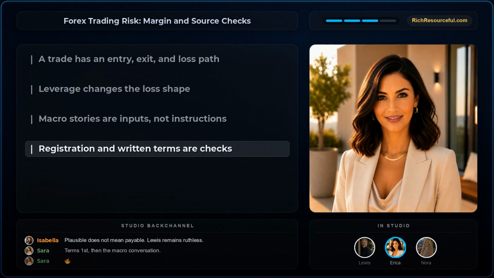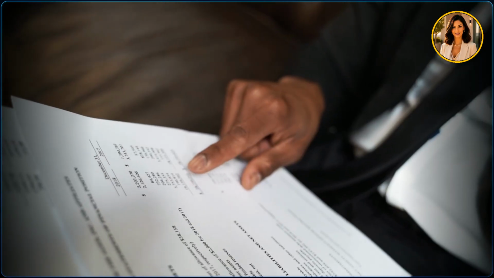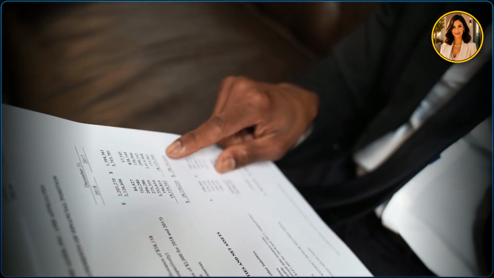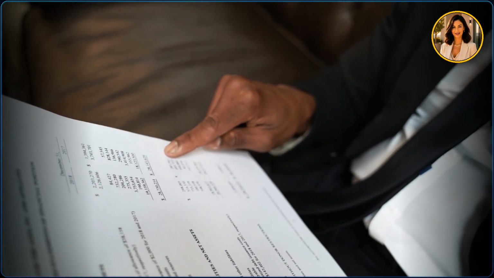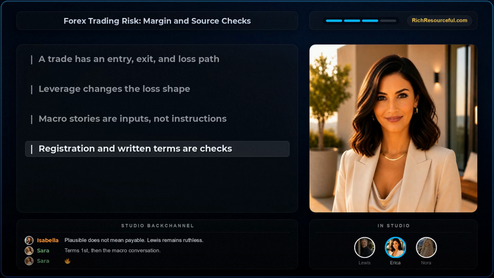Pause there. Guaranteed and act now are not market analysis. The CFTC says to check registration status, business background, and disciplinary history. Ask for information in writing, ask for a written risk disclosure, and seek independent licensed advice when appropriate. A person selling a complex trade may be persuasive. The written record is still where the obligation, cost, and risk have to survive.